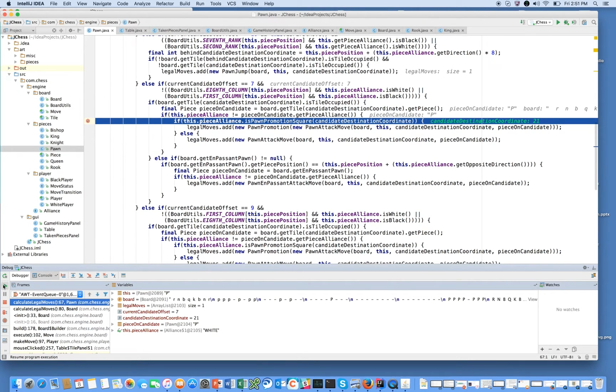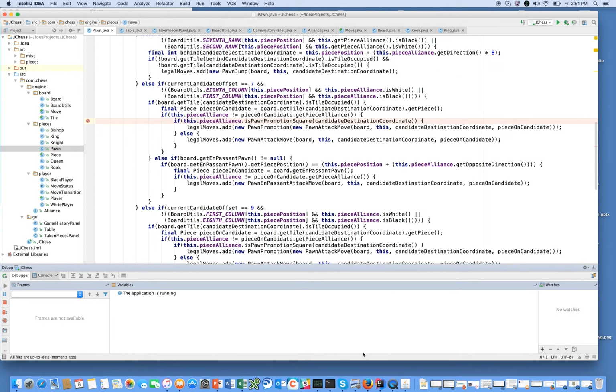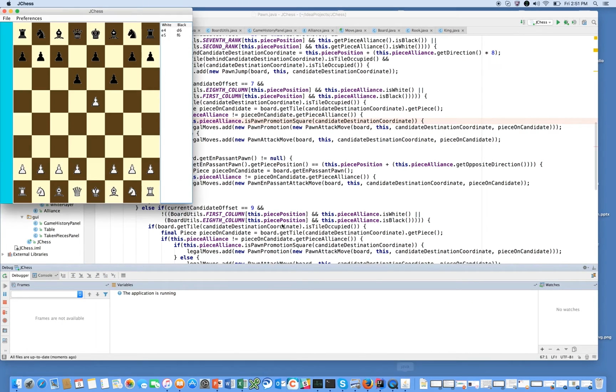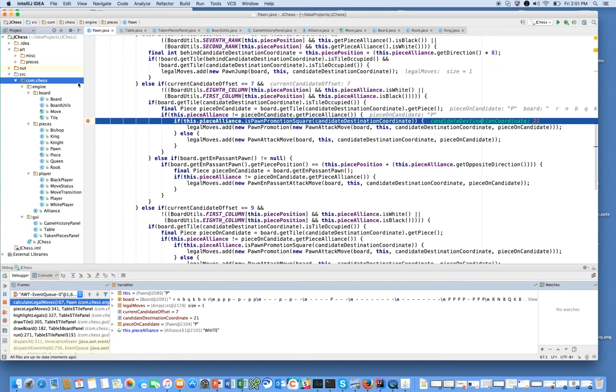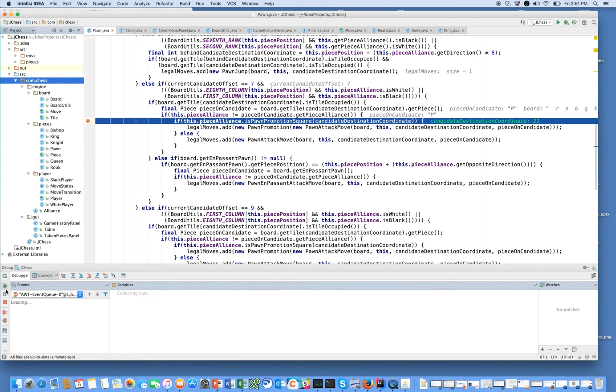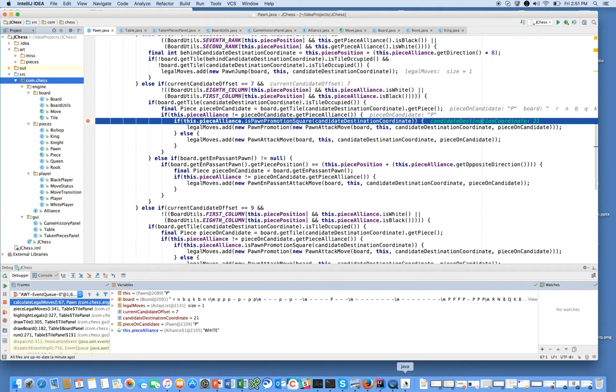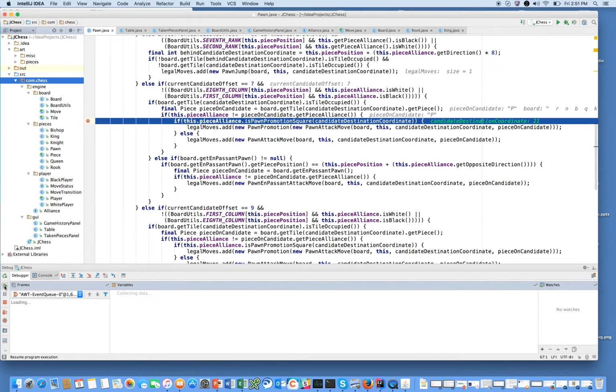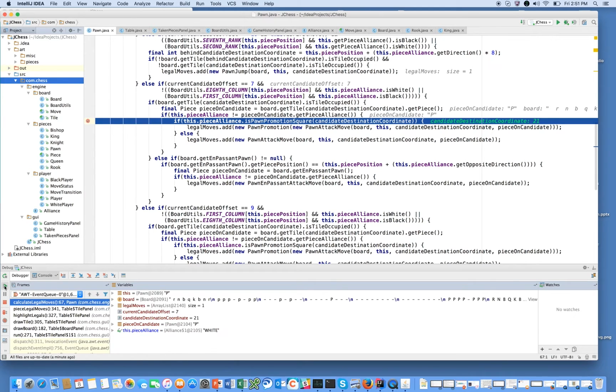And ignore this one. This is not there yet. So the breakpoint fires, right? The breakpoint fires a bunch of times before we actually